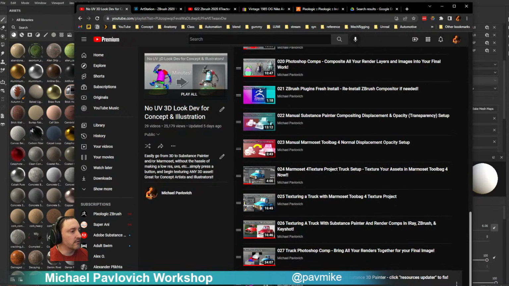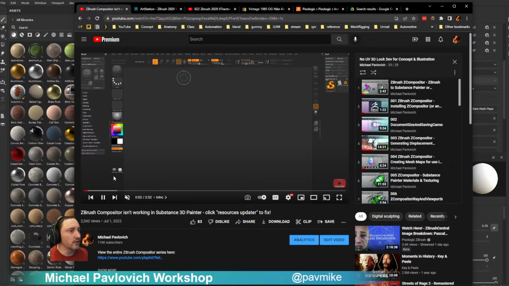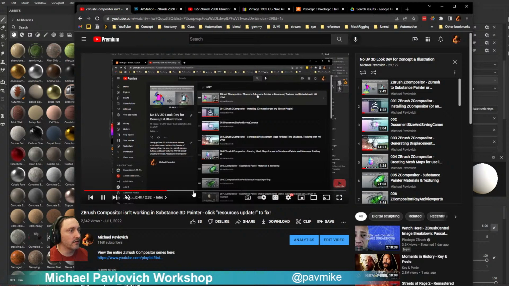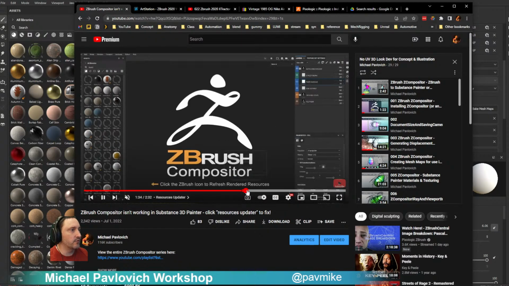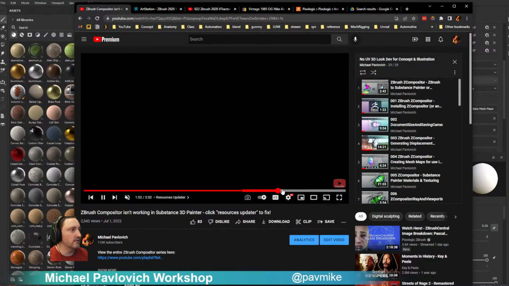If you're sending it over from ZBrush, this little button over here is how to do it. So basically, here's a dog and it's literally just baked to a plane in Substance. You don't need to worry about UVs. You can just apply your materials in your,